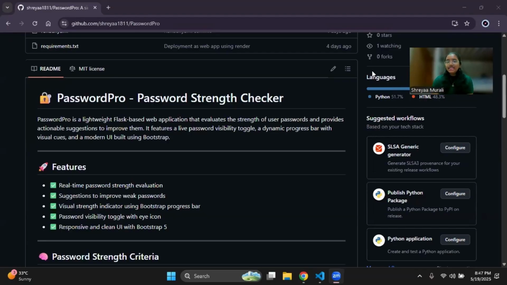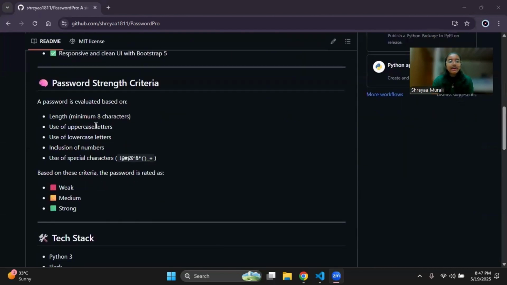So coming into more details, Password Pro is a simple yet functional tool to check the strength of a password and also provide recommendations in case the password is of weak or medium strength. So basically, the password is checked in real time based on certain criteria. Those criteria are such as length, presence of letters, digits, presence of a combination of letters, digits, and special symbols. Based on these criteria, a certain score is assigned to the password, which determines whether the password is weak, medium,